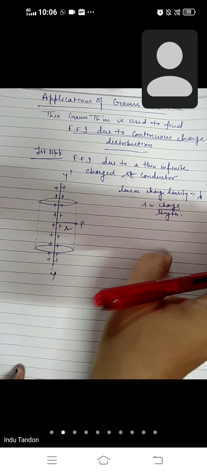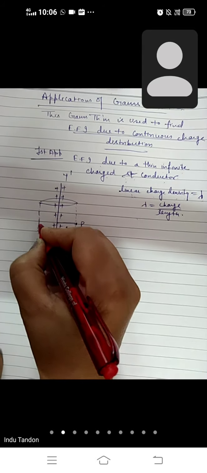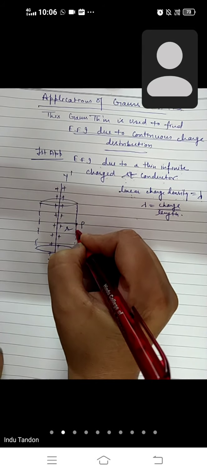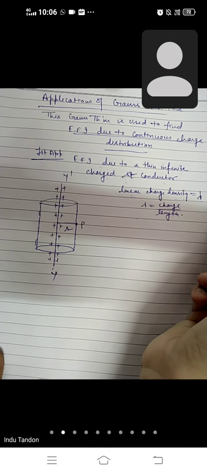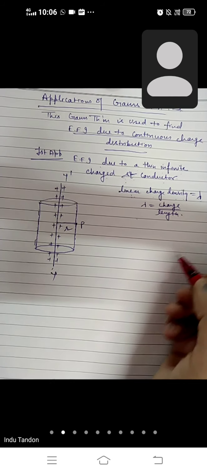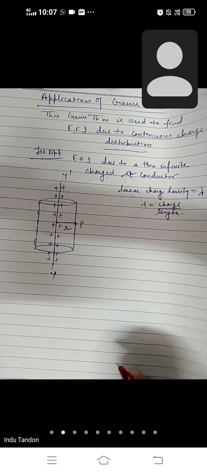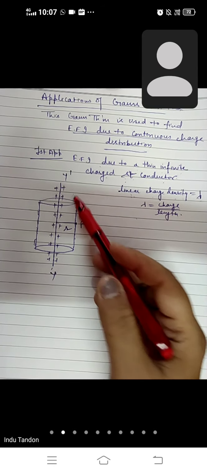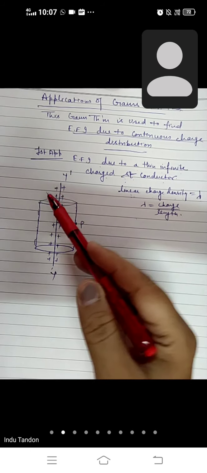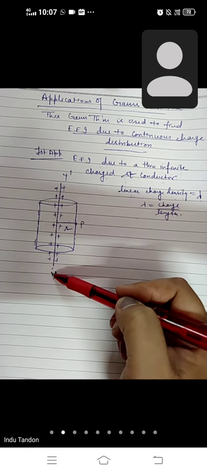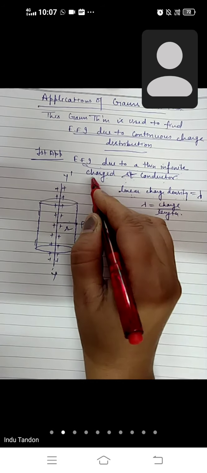Is this point clear? Around this charged conductor, which type of Gaussian surface you get? Cylindrical. Right? In previous case, फर्स्ट एप्लीकेशन में ये सिलेंडर टाइप या फिर सेकंड एप्लीकेशन? फर्स्ट एप्लीकेशन ही चल रही है बेटा अभी ये. This is for an infinite long straight conductor. We have to find the electric field intensity. Right? And it has the linear charge density lambda.